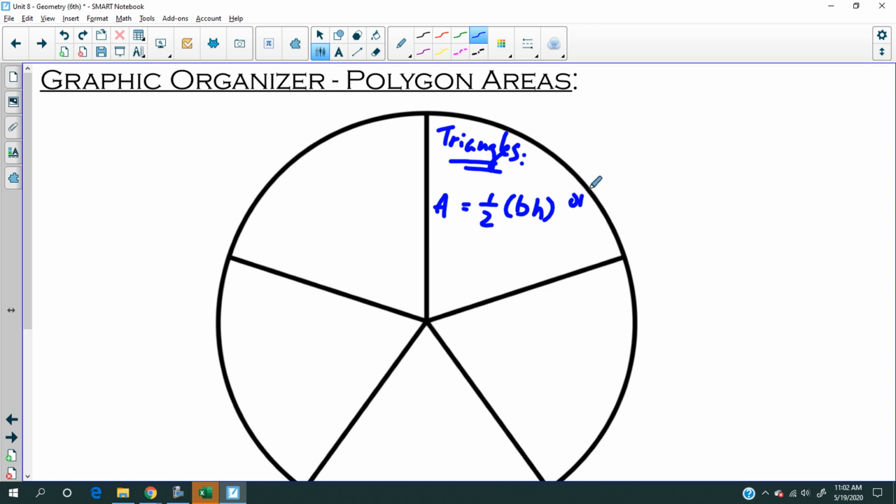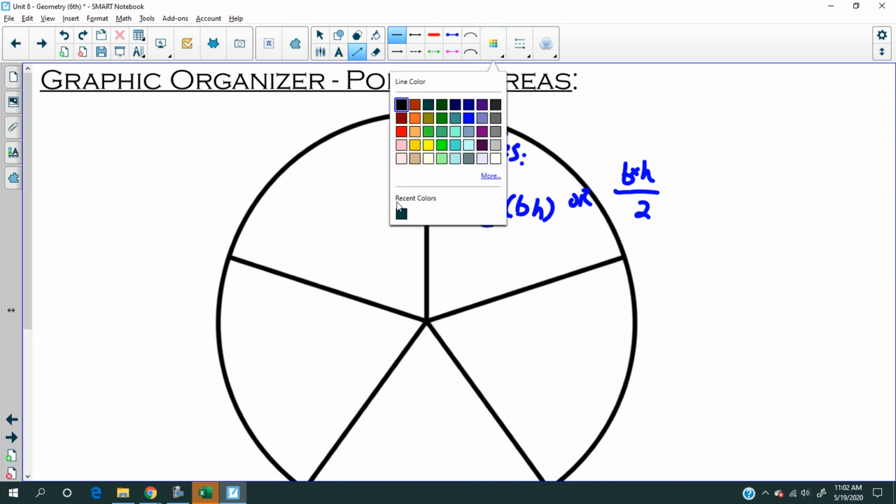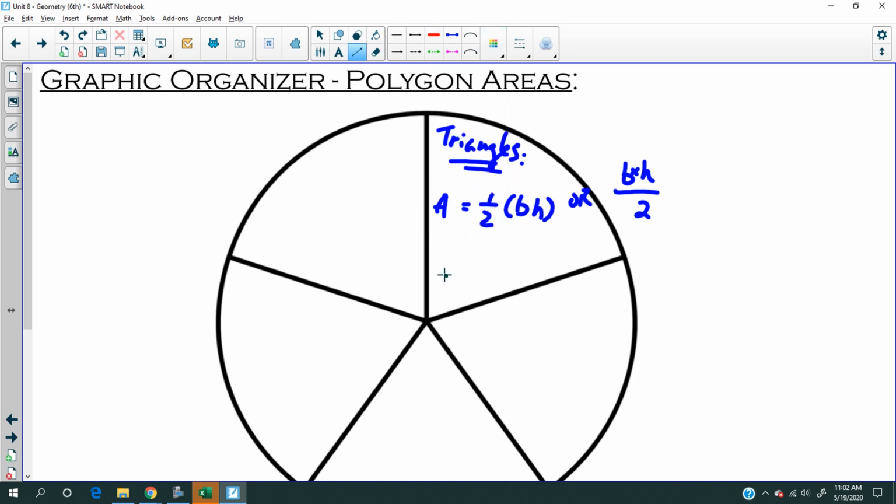Now see, I'm already out of space. Or it's base times height divided by 2. It's the same thing. Half of something is the same thing as divided by 2, right? So meaning in a triangle, because I can do this, let's use this. So in a triangle, you have